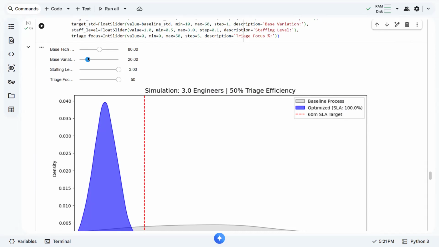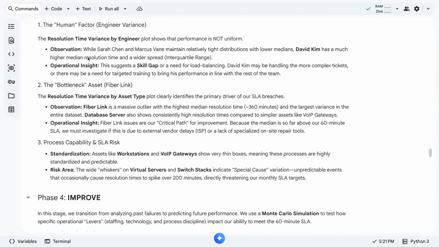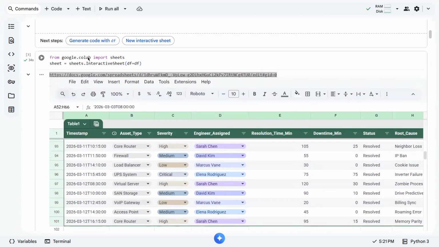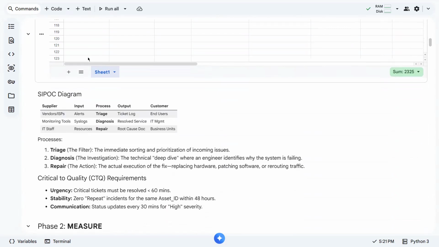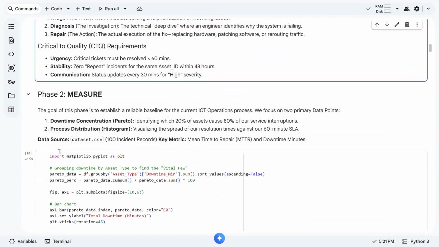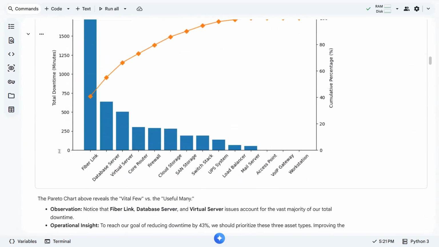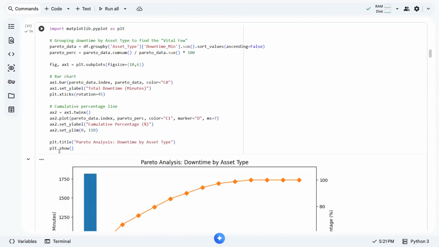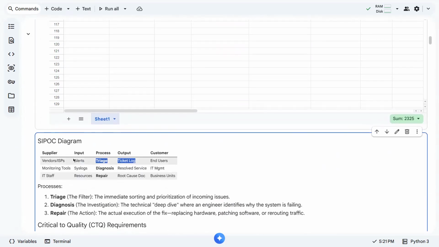Based on our analysis earlier, on the very first part here, in our SIPOC diagram, that triage, or the ticket log, is something that we can take a look at. What if many of the variations are caused by this one?